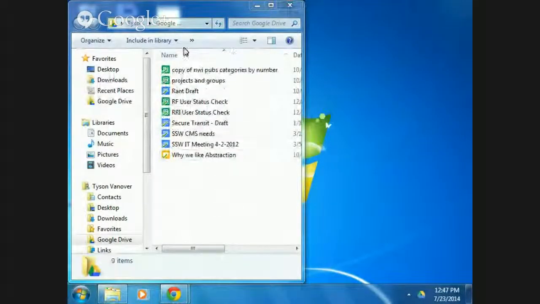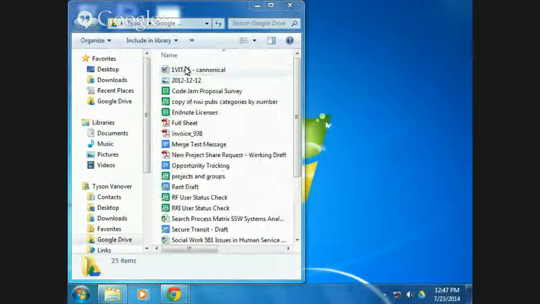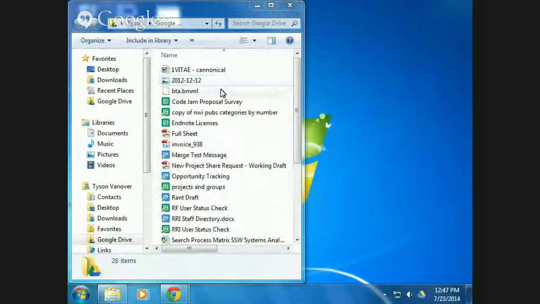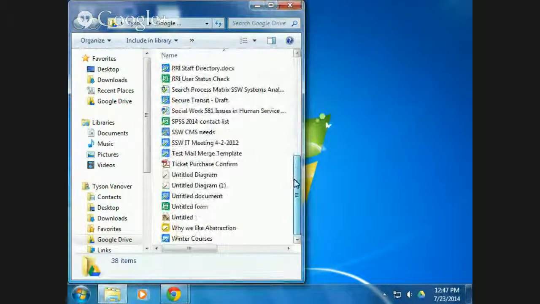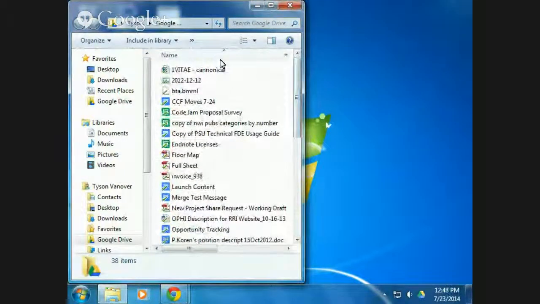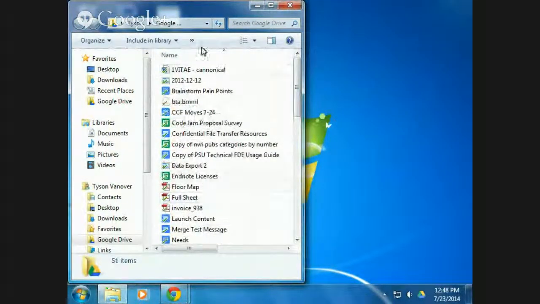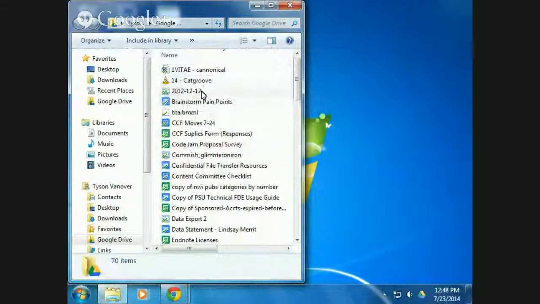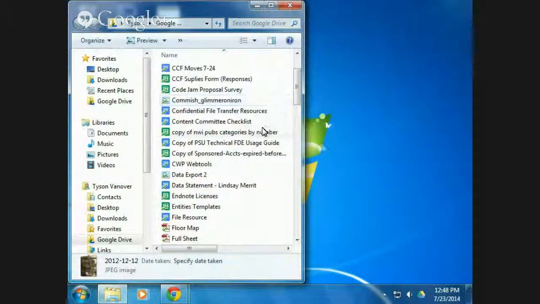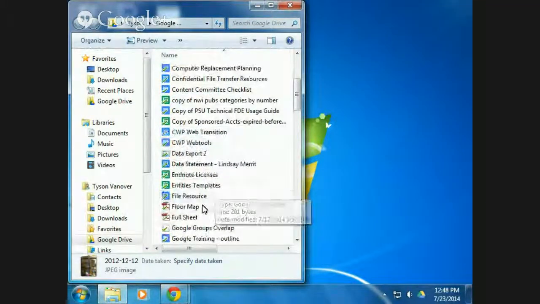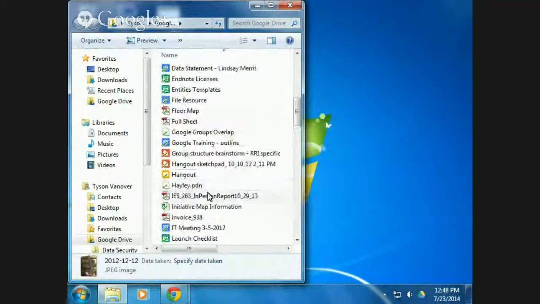There we go. And so I've got this. Now here's my Google Drive folder. Everything in my Google Drive root folder, and only things in the checked folder will show up. So now I've got all of, let's see, what is this? So all of the stuff that is now listed in my Google Drive,